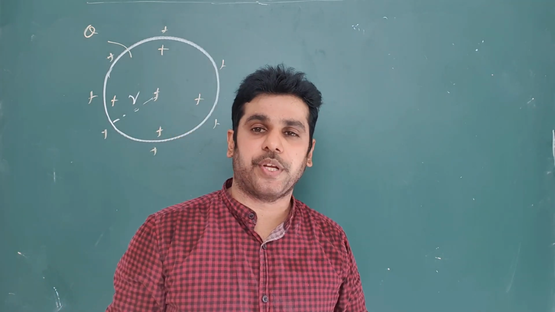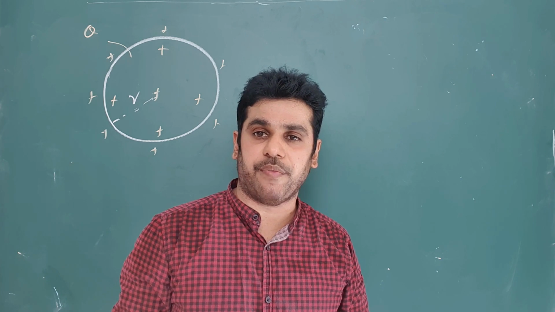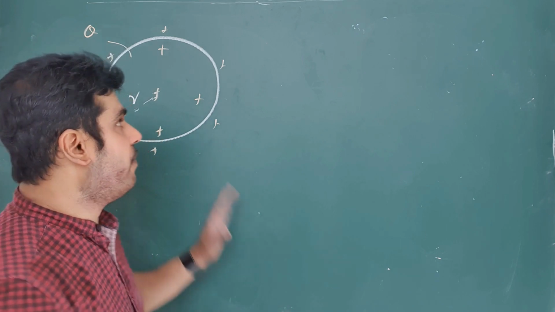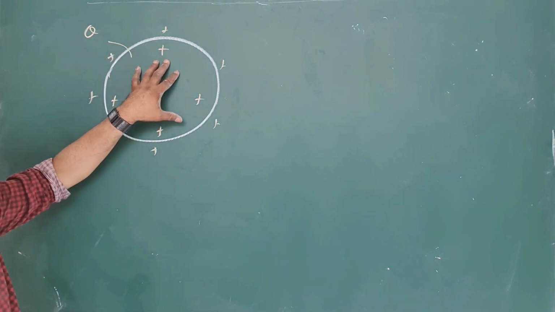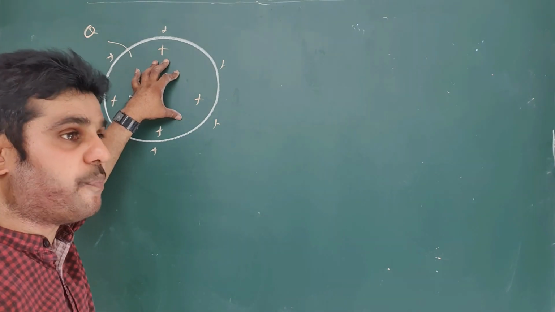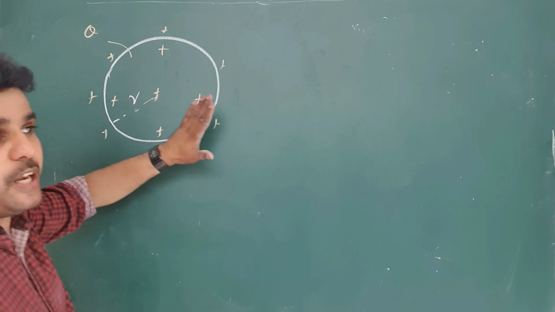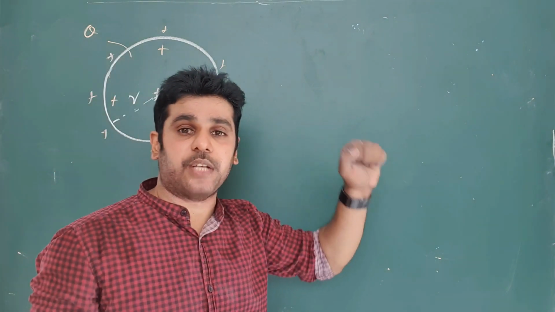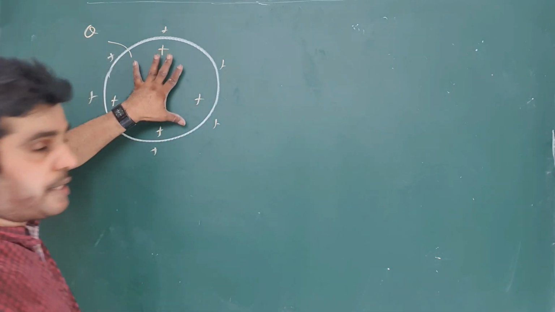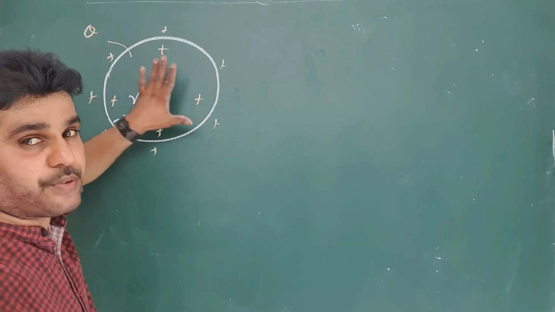Now, in this video clip, I am going to show the behavior of electric field intensity with a dielectric sphere. First of all, when we give charge to a dielectric medium, for example plastic or glass, it spreads all over the volume. If it is a symmetrical object, the charge also spreads all over the volume symmetrically. Now this is a sphere, so the charge spreads all over the volume symmetrically.